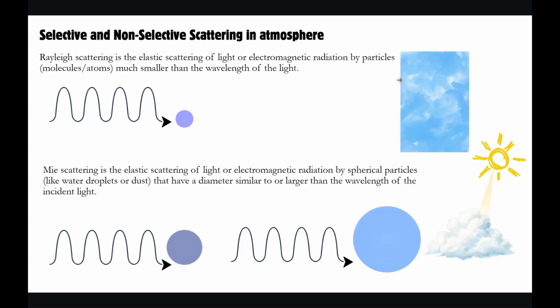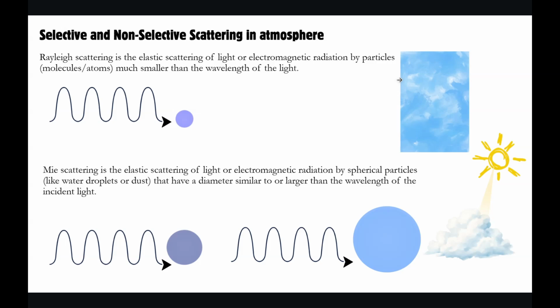We also started with the fourth part of this first unit, that is fundamentals of remote sensing, wherein we saw different types of scattering, that is selective scattering and non-selective scattering. In selective scattering, we have Rayleigh scattering and Mie scattering, where the particle size and the wavelength of the radiation interacting with the particle matters most. So we have Rayleigh scattering, where the particle size is small as compared to the wavelength of the radiation which is intercepting it, and hence scattering. So that is Rayleigh scattering.